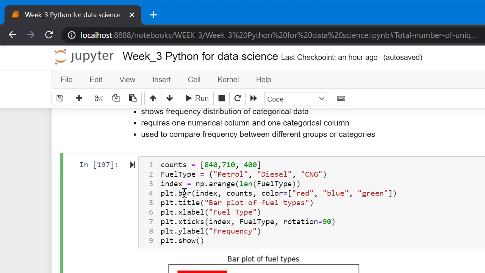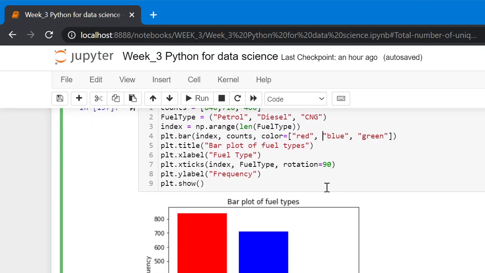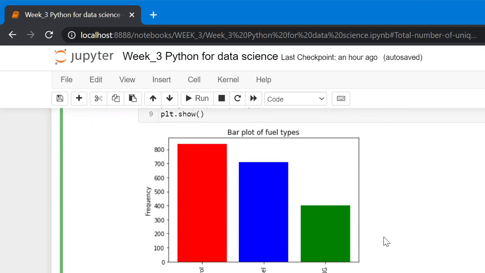So here we are using two series called counts and fuel type, and we are using the bar method with those series and color arguments. Here is the plot.